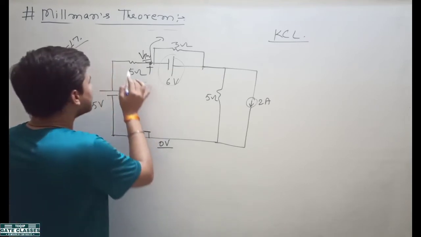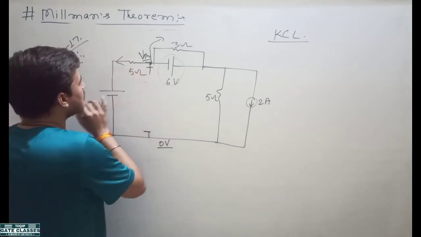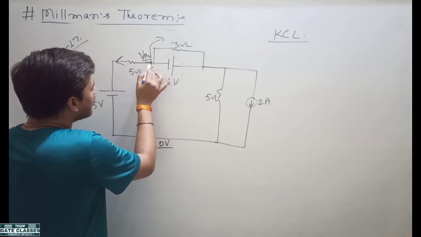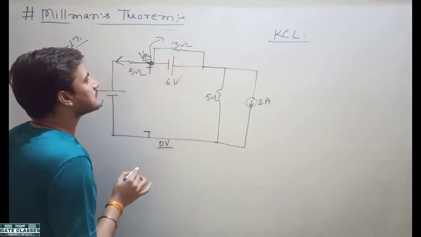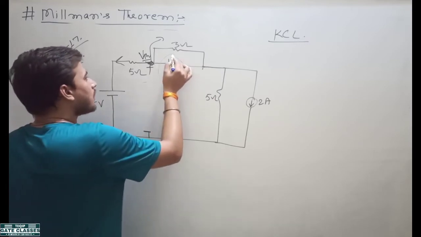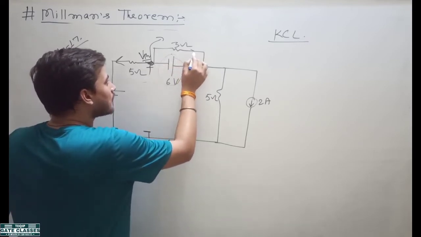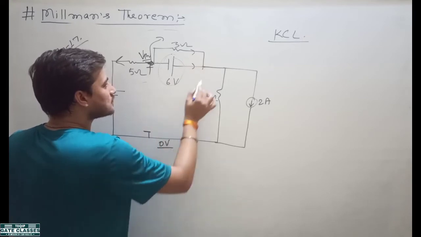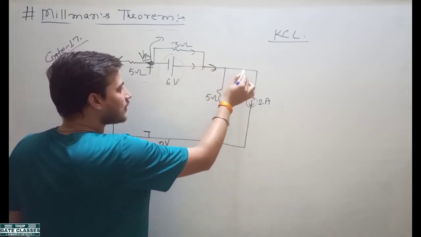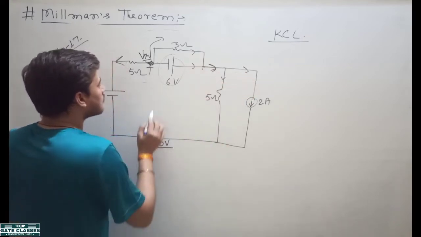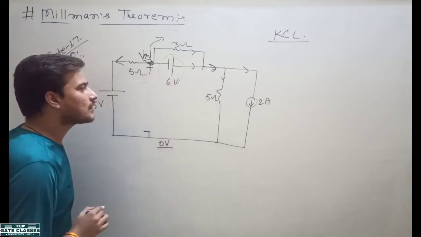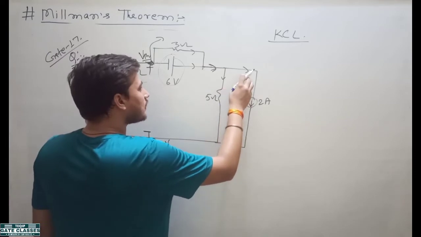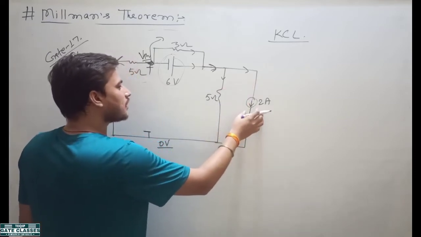Let us see. There are two branches only. From this point two branches are coming out from this circuit. So you don't know current through this branch. But when currents are coming out from this branch, this current is being divided into two branches. So current coming out from this point is equal to current at this point. Clear? So we can find the current in these two branches. This is current 2 ampere.